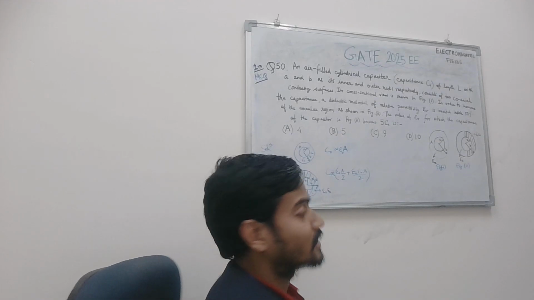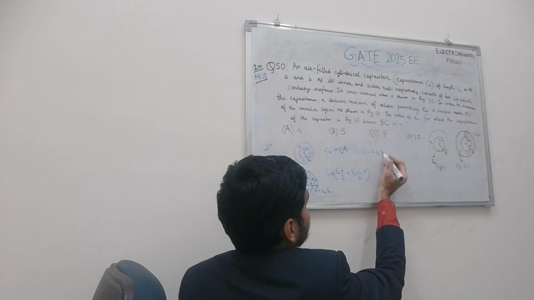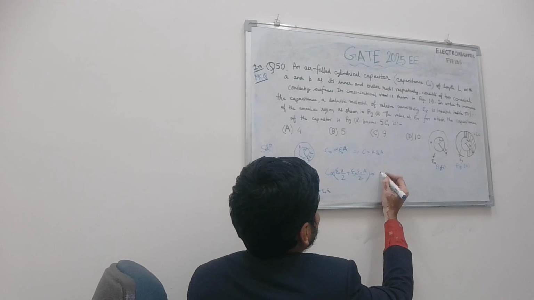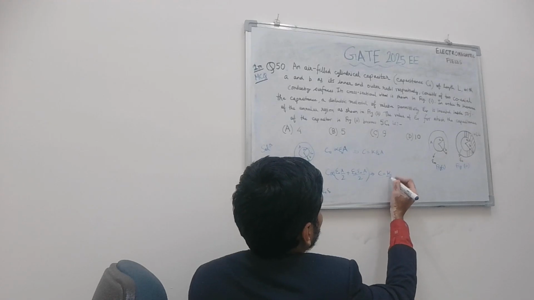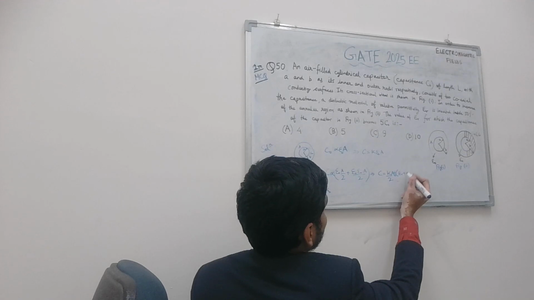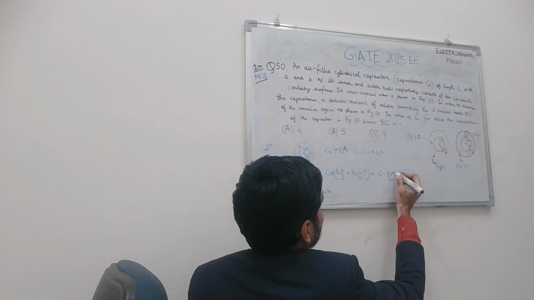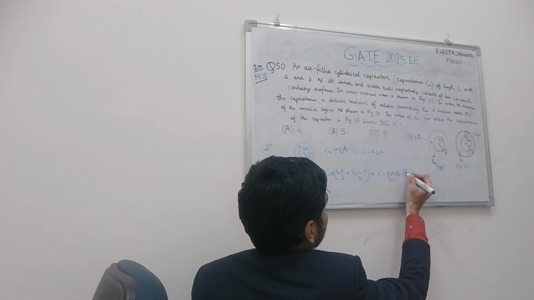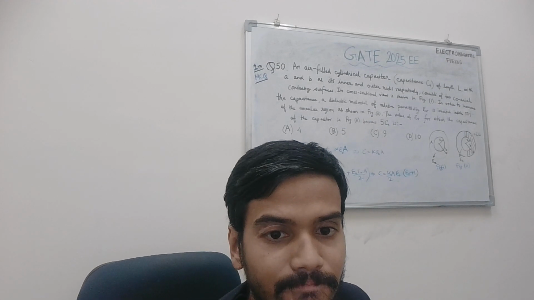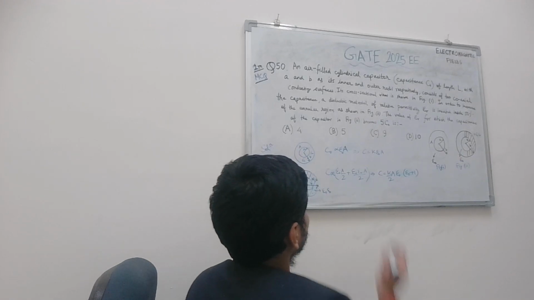Let's say there is some constant of proportionality K. You can find it out, but not required. Again, not needed here. Here it becomes K by 2 A into epsilon naught into epsilon r plus 1. So it is nicely epsilon naught. Right, is it coming or not? Okay, C naught.